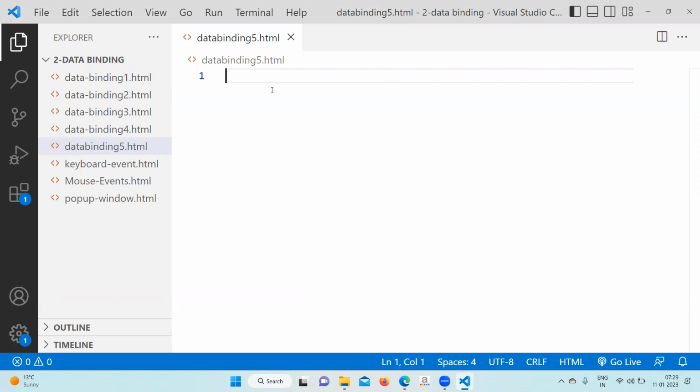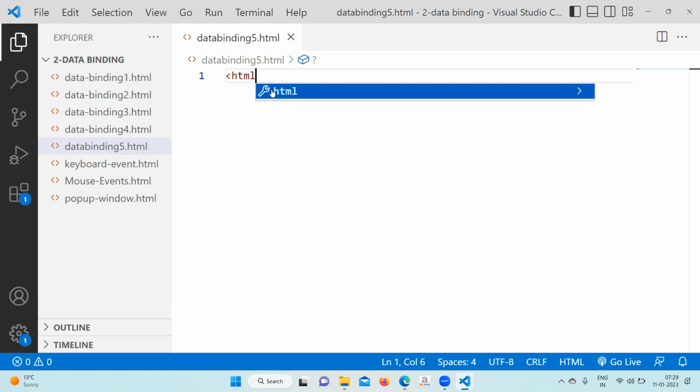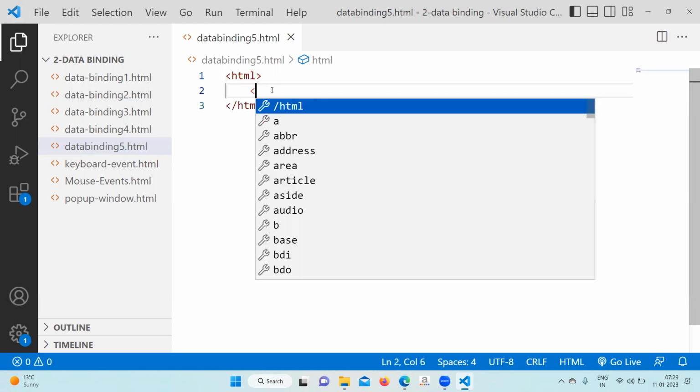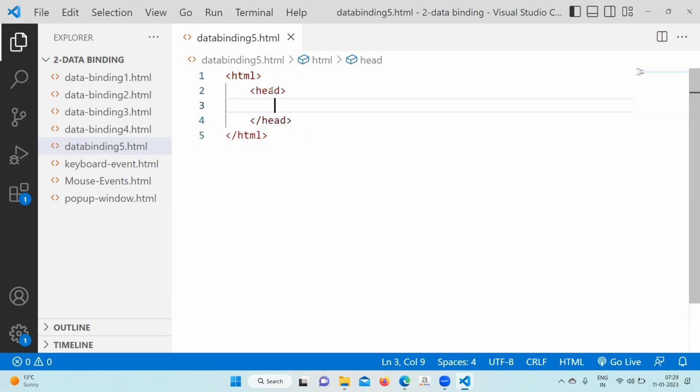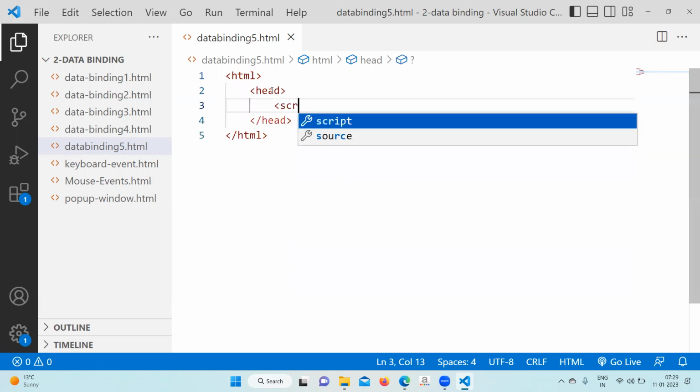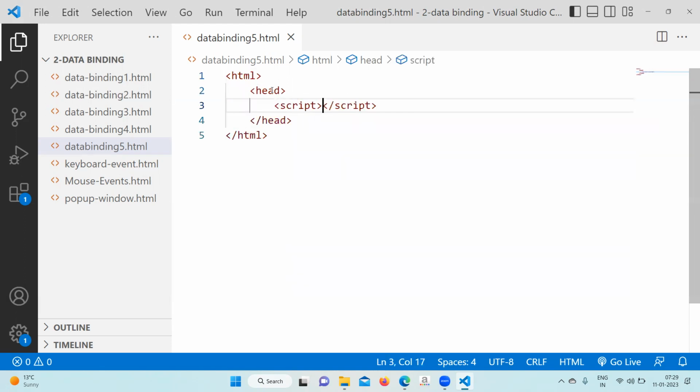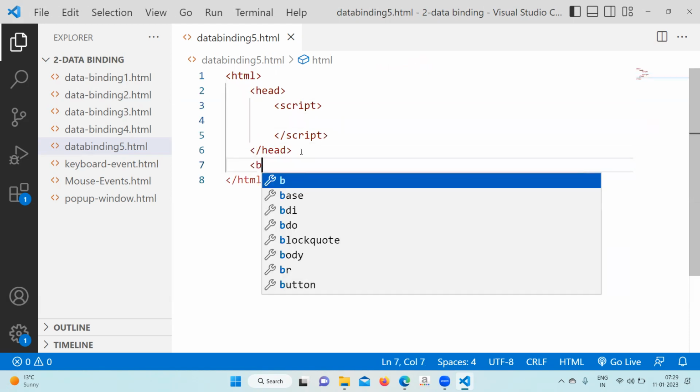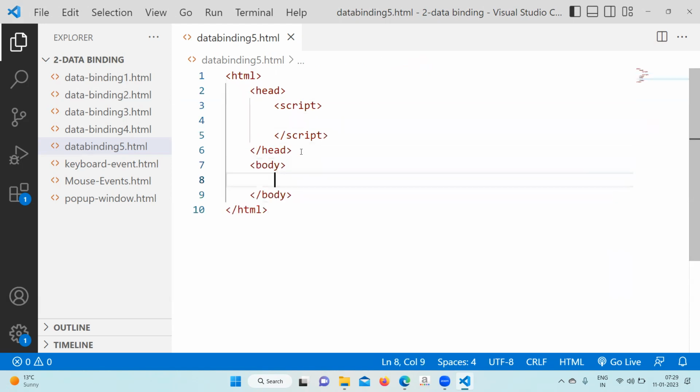In data binding 5.html, you follow the HTML head and open the script. You will go for the body tag. In the body tag,